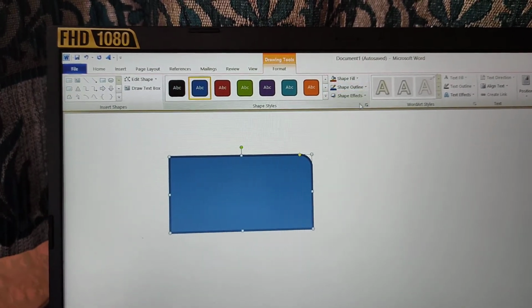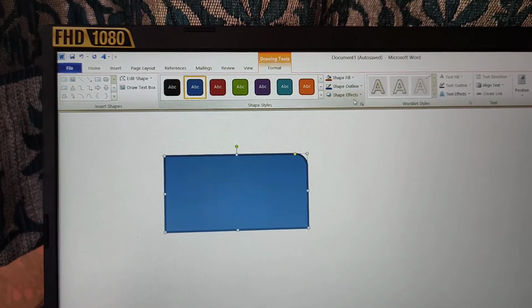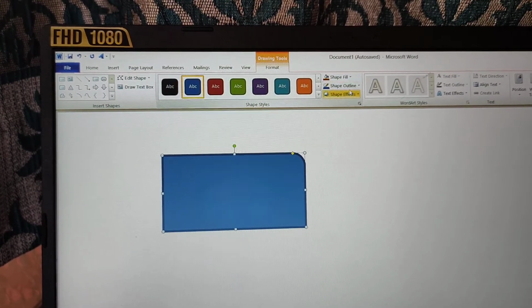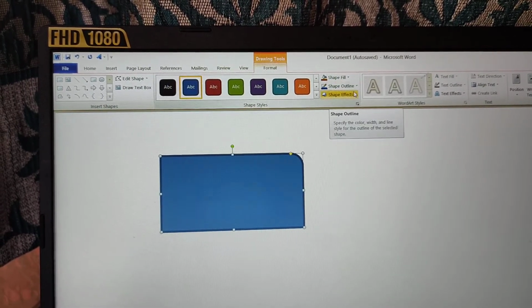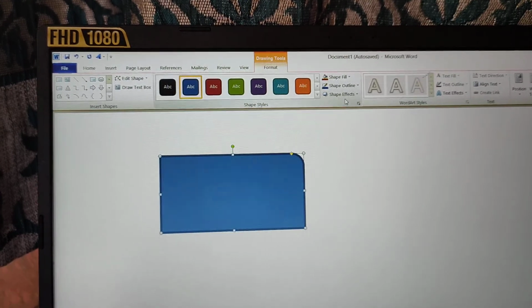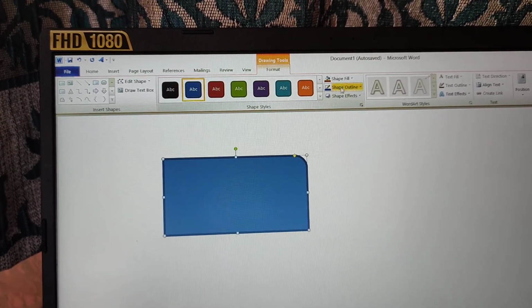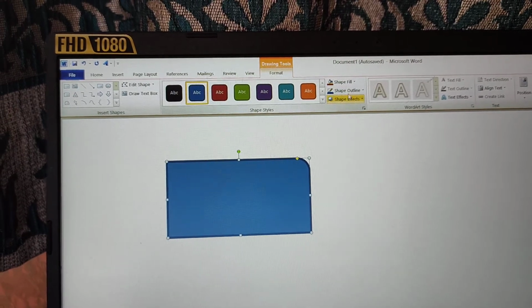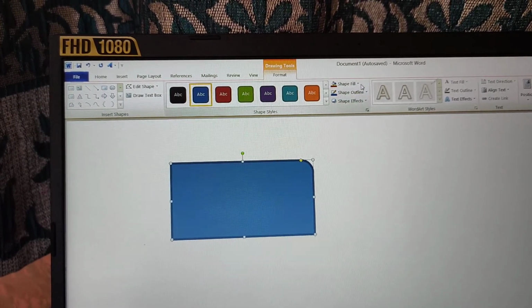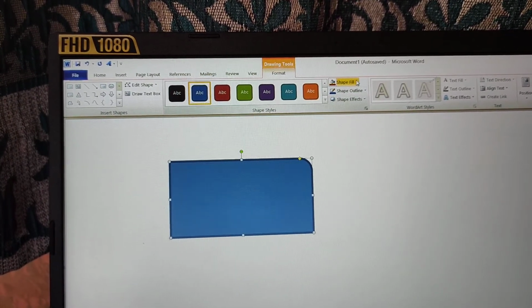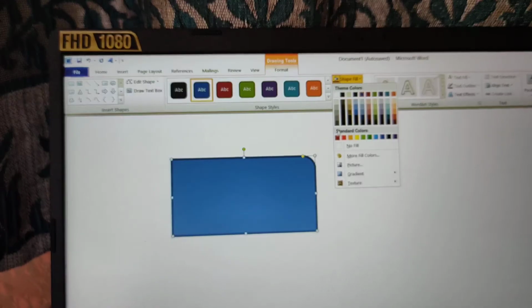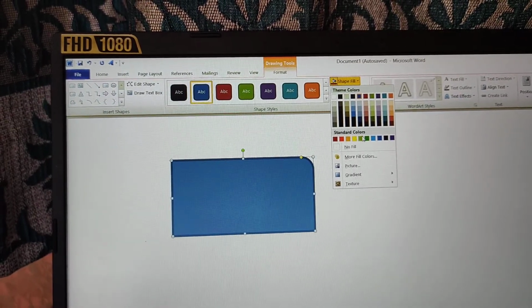Then these three, as we have learned in word art, exactly in that way we have shape fill, shape outline, shape effects. So we can use all these 3 buttons. You can do this on your own. Okay, if I click shape fill, you just see, I'll change the color, it will be changed.